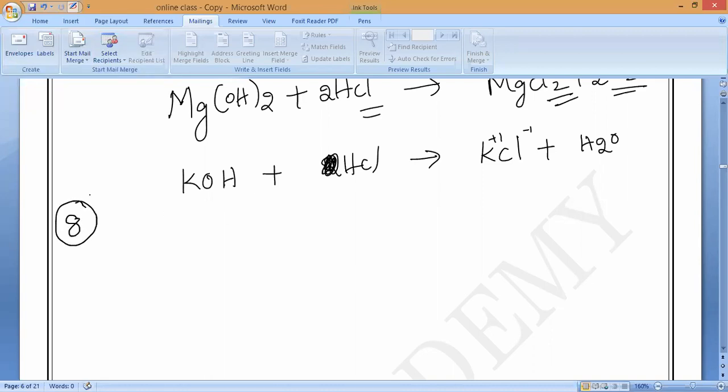Now coming to the eighth property, the last property of acids. Later we'll go for exercises and what all these acids have in common. That is all we'll study. Now what is the last property? Anybody? Yes, Nitinath. Correct, metal hydroxide means base only. So what is the last property? Any guess? Anybody?